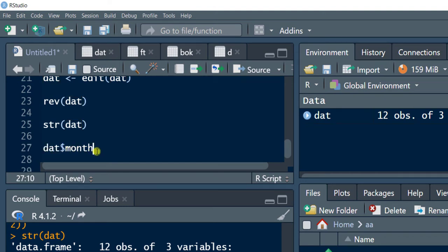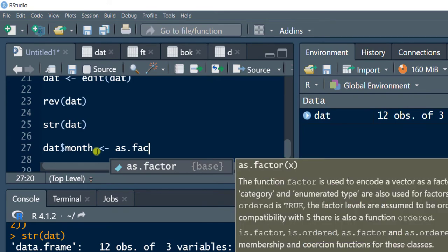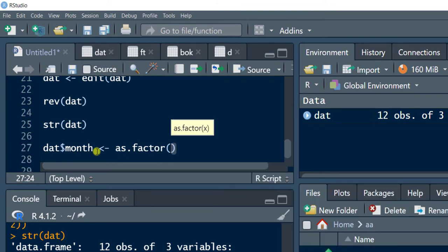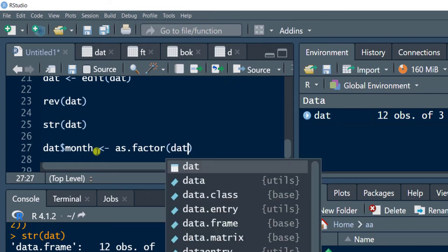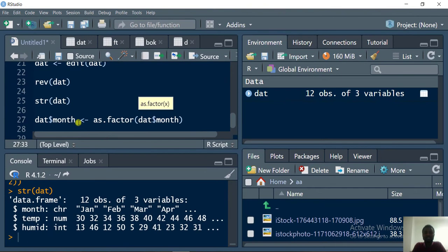So when I say $month, this is what I'm going to do. I'm saying as.factor. So we're changing it to factor. This function factor is used to encode a vector as a factor. So I'm taking it from the level it is as a character and I'm turning it to a factor. It's from the base package. as.factor. What am I changing to factor? That $month. So if I run this,